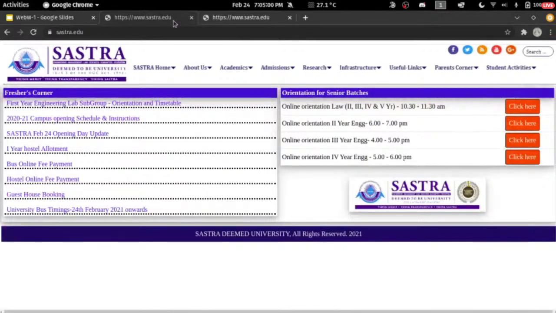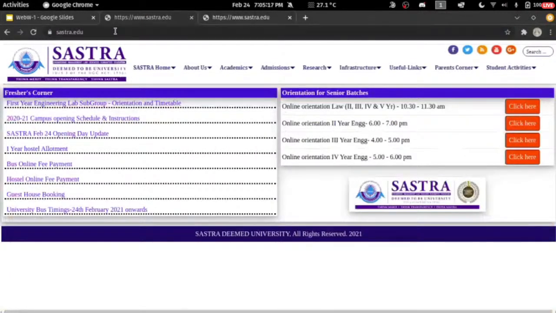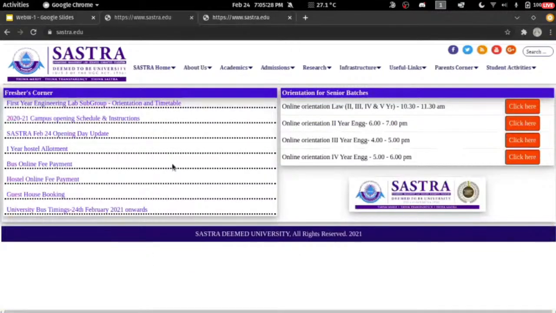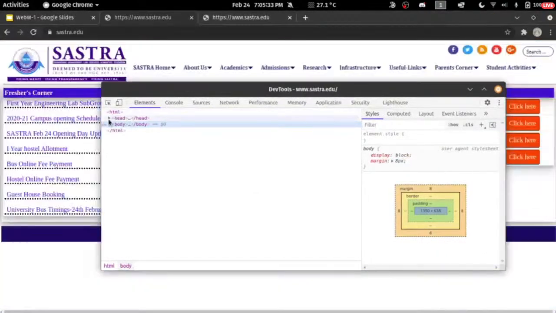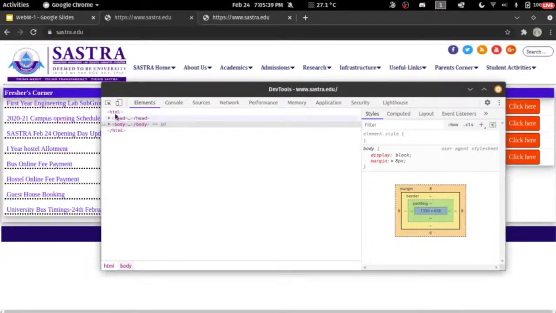So now we have the website over here. We know that when we clicked, the browser sent a request to the server to get the response and display it for us. When I hit shastra.edu and hit enter, I see it refreshes and we get data again. So now we have this fun tool called inspect element. It helps us look at the code on the website, and it tells us more about stuff on the website as well. We can go through the code later. First we'll look at